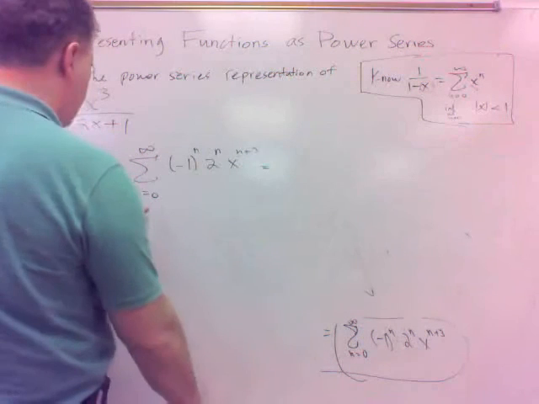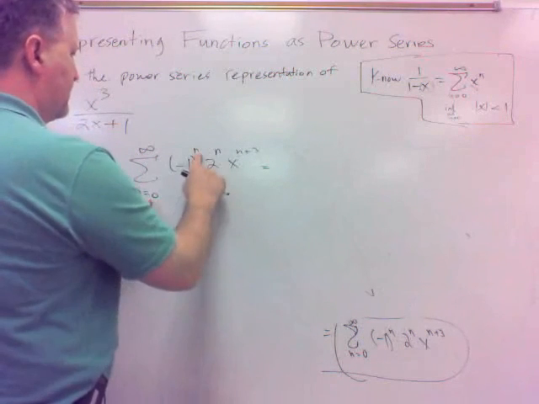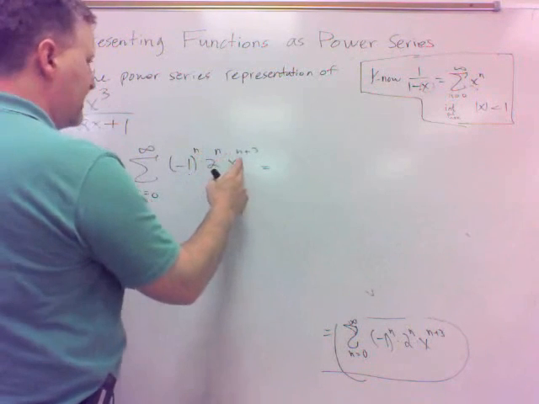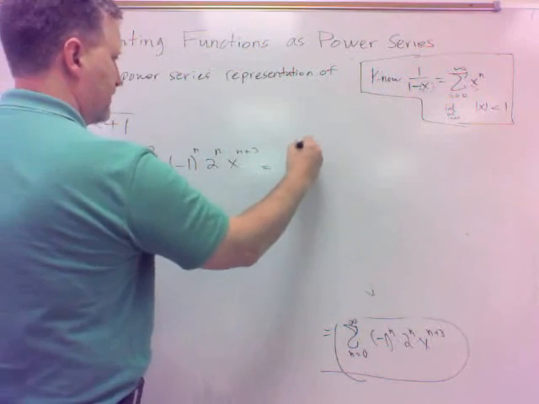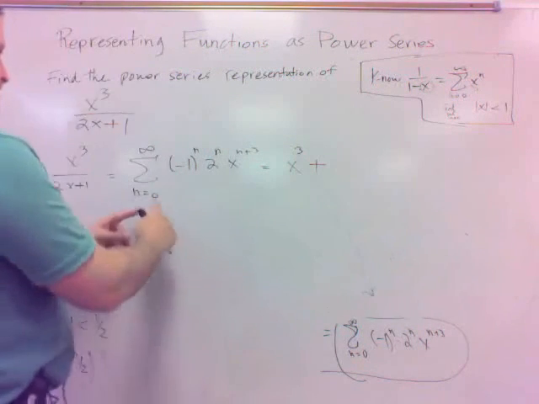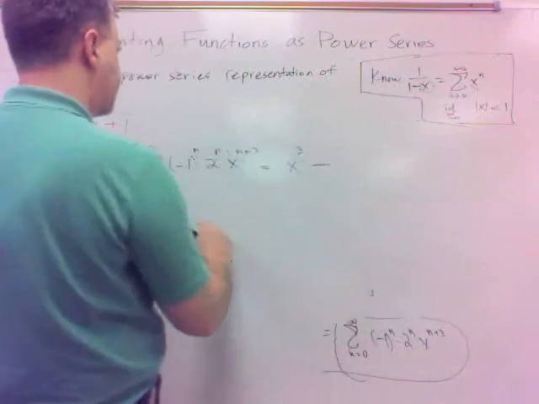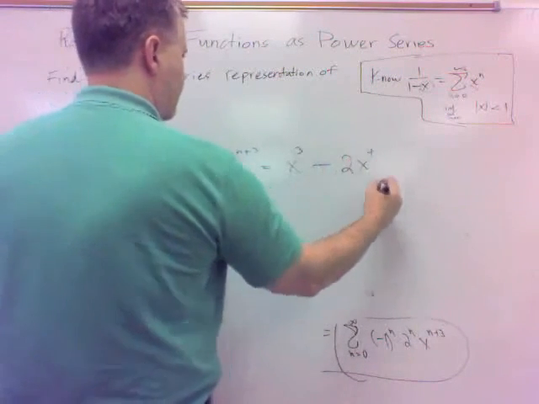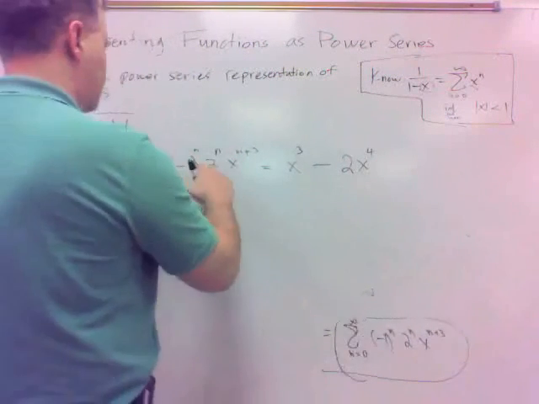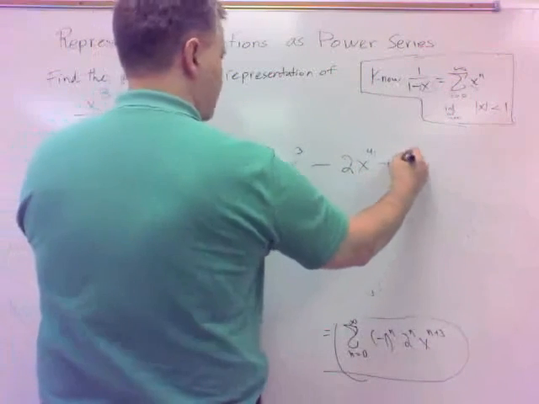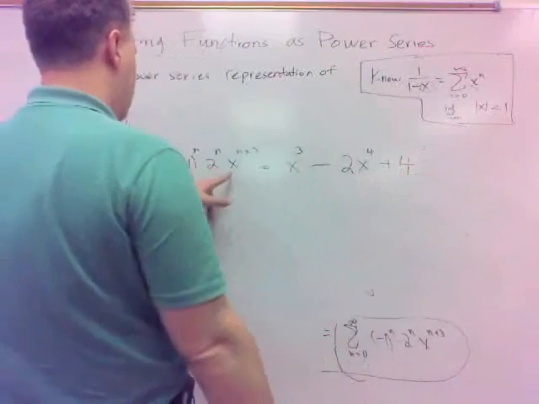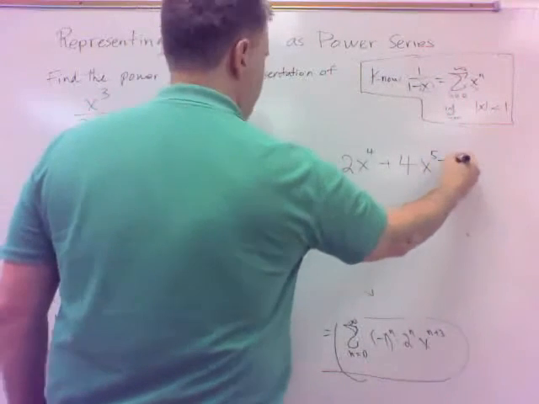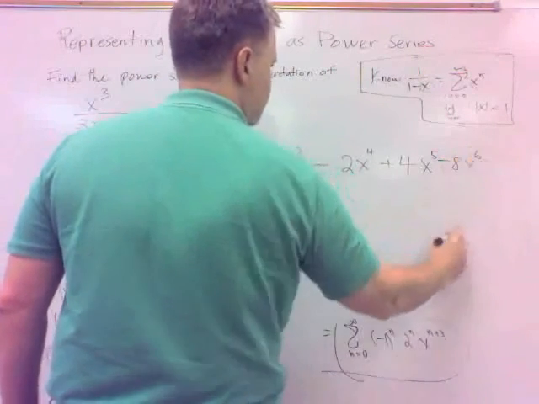can be represented by, let's plug in a few, negative 1 to the 0, 2 to the 0, those are both 1. x to the 0 plus 3, so it'll be x cubed. That's my first term. My second term, negative 1, so it'll be a minus. 2 to the 1 will be 2, x to the 4th. Then the next one will be n equals 2, so it'll be a positive 1, 2 to the 2nd, so 2 squared will be 4, and then x to the 5th. Then the next one will be minus, I'm going to say it's minus 8, x to the 6th, plus